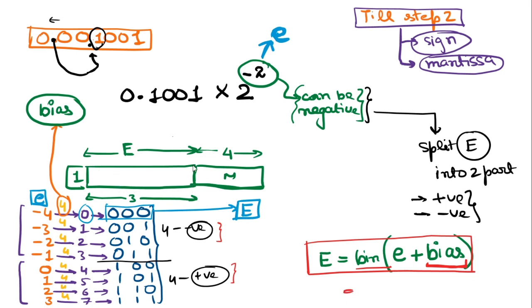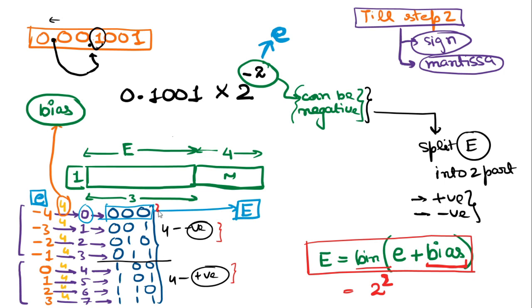Bias will be the remaining part, okay? The remaining part. Why the remaining part? Why is it 4 here? The 4 is here because it is 2 to the power 2. And why 2 to the power 2? Because